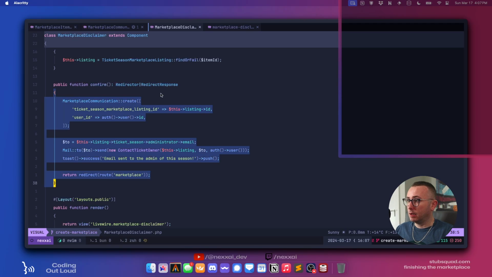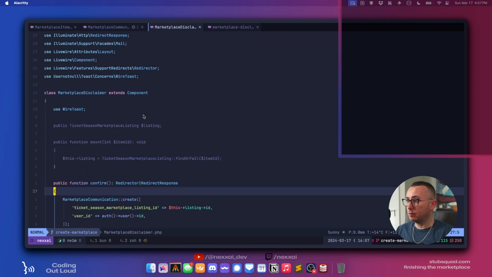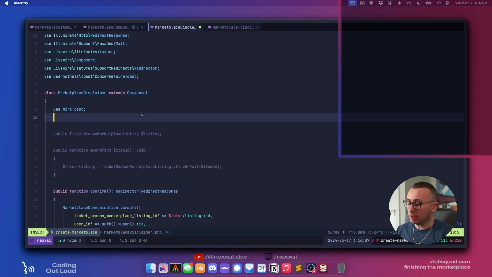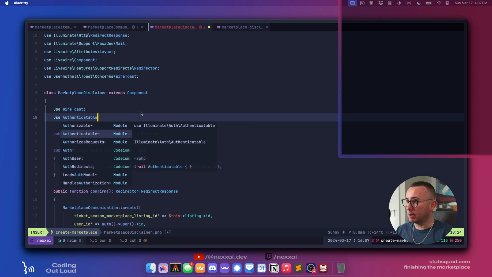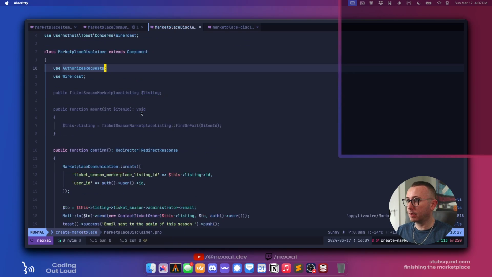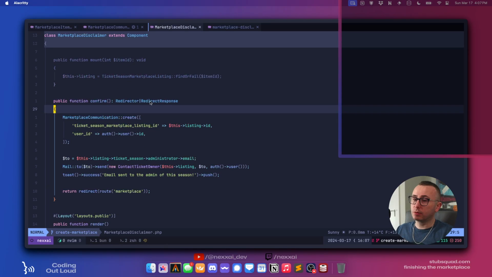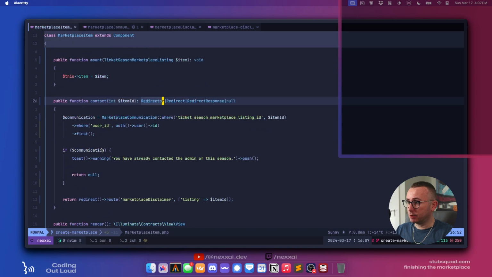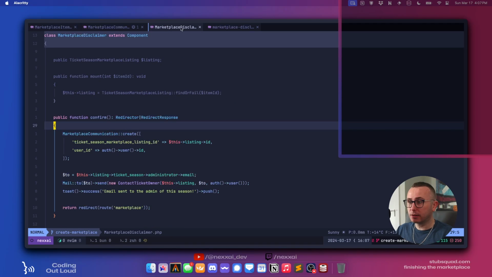Cool. Okay, so let's take a look. We need to authorize requests. Yep. And the reason we're doing an authorize requests here is because in the marketplace item, we do this check to basically say if they already exist. But in theory, someone could find this route directly and then manually go through this process. So we basically need to do the check again.